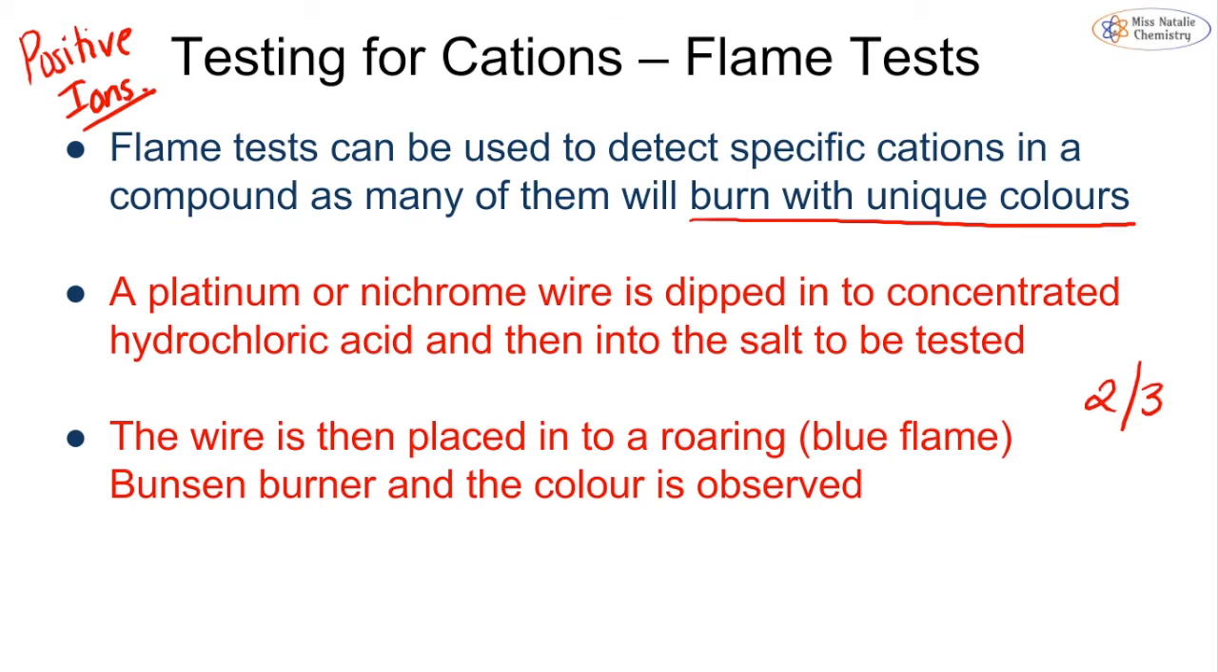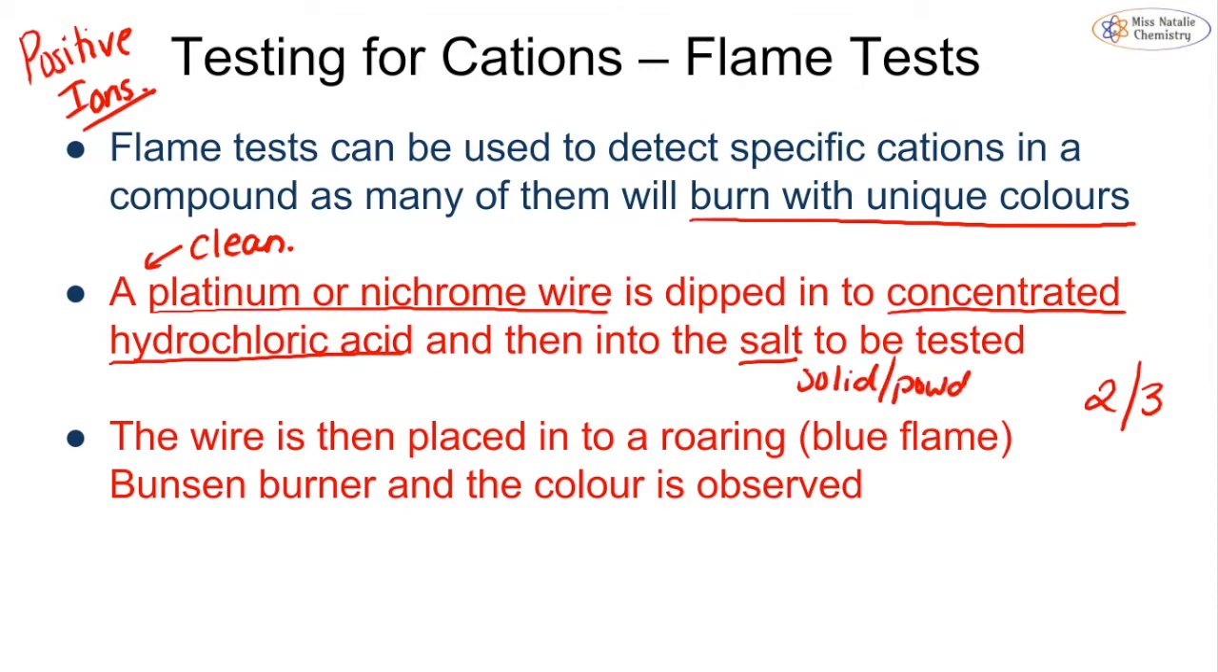So the way that we do this is we take a platinum or a nichrome wire, making sure that it is clean. We dip it into concentrated hydrochloric acid, and then we dip it into the salt or the solid or the powder to be tested. We then take that wire with the solid on it and we place it into a roaring blue Bunsen flame, sometimes written as